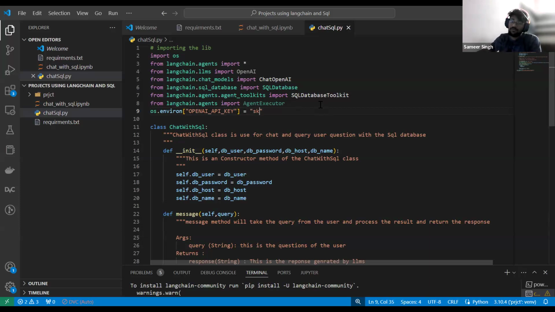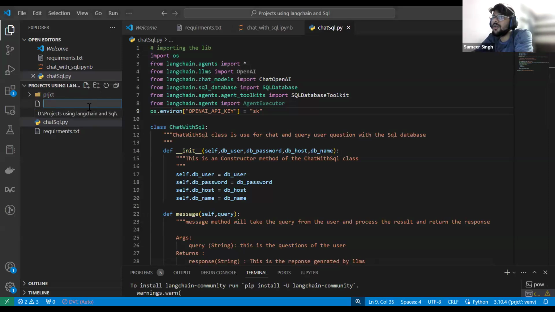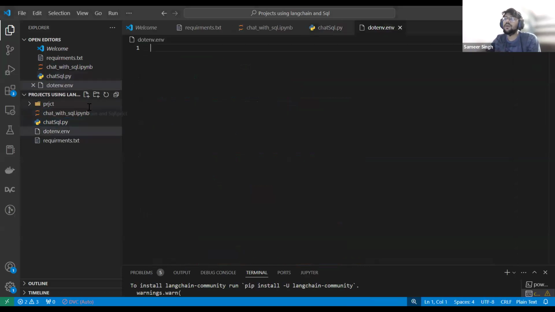Now, again, I'll have to stop the screen because you guys know why. Let me do one thing. I will create an env file, okay? I'll say dot env, right?